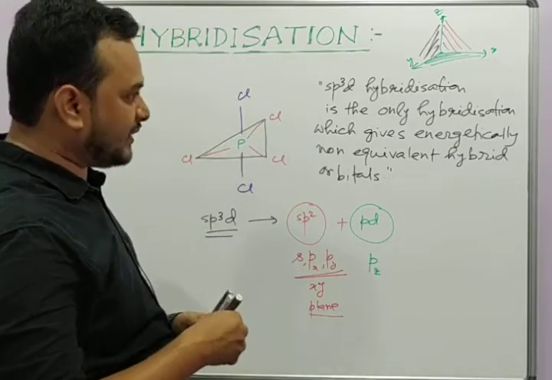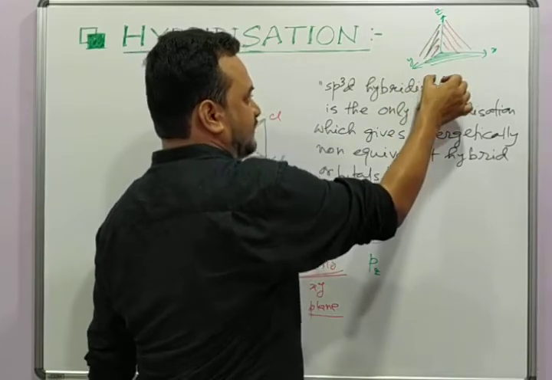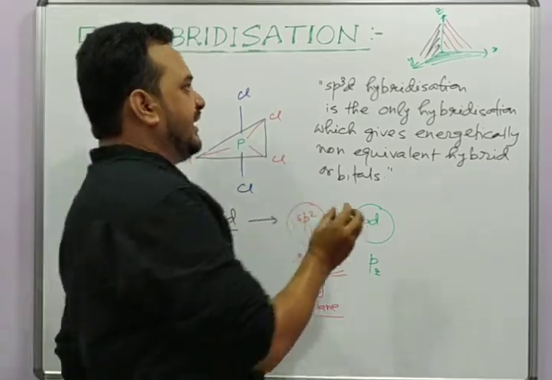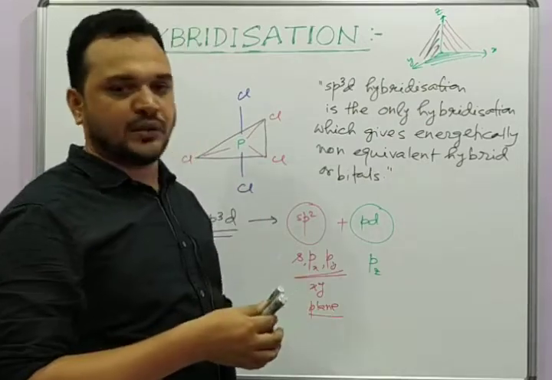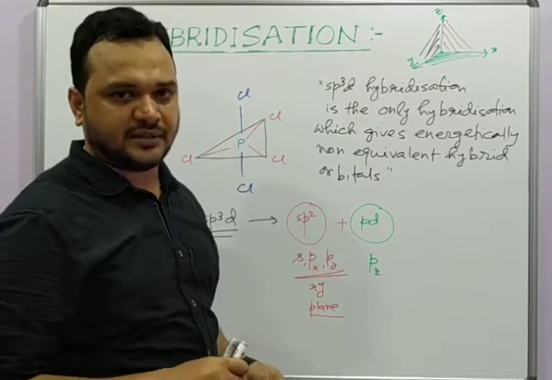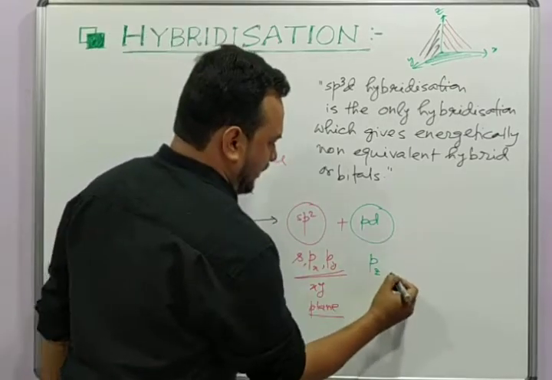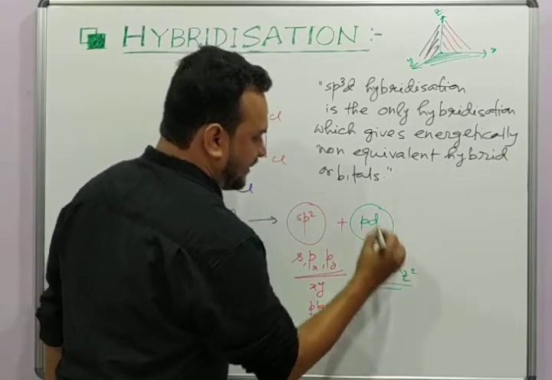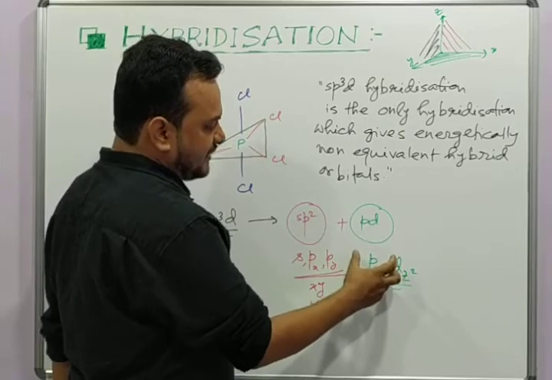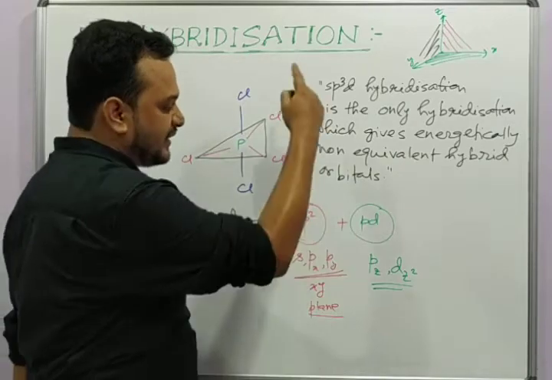So how is the pz orbital oriented in this Cartesian axis? It is along the z axis, right? So we need a d orbital which has its lobes expanded along the z axis. Only then will it overlap well with the pz orbital to give you a good hybrid orbital, right? So which d orbital has its lobe directed along the z axis? The dz square. So in this pd part, the two orbitals participating are pz and dz square, and hence the probability of finding the electron, that is the lobes of this pd hybrid part, will be oriented along the z axis.